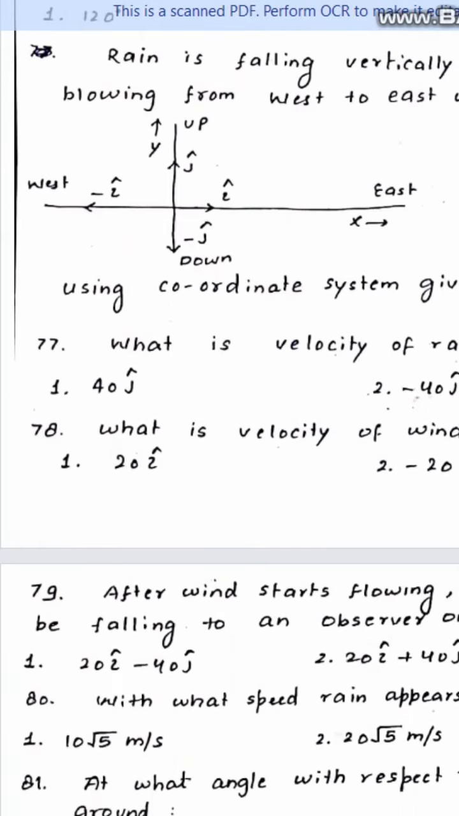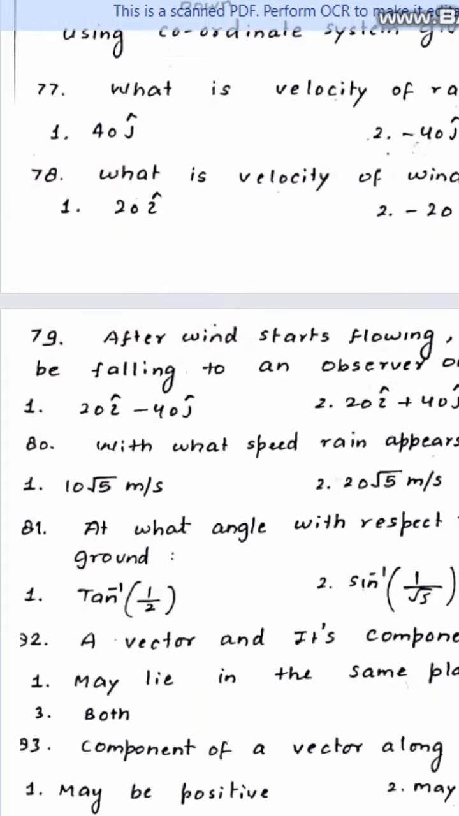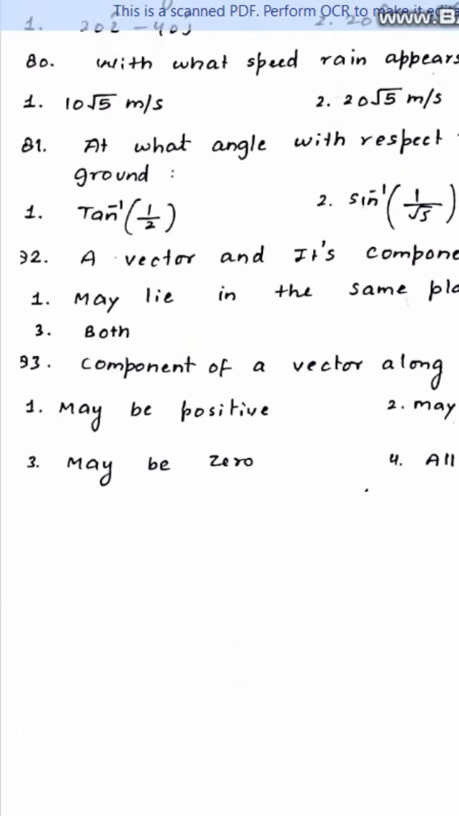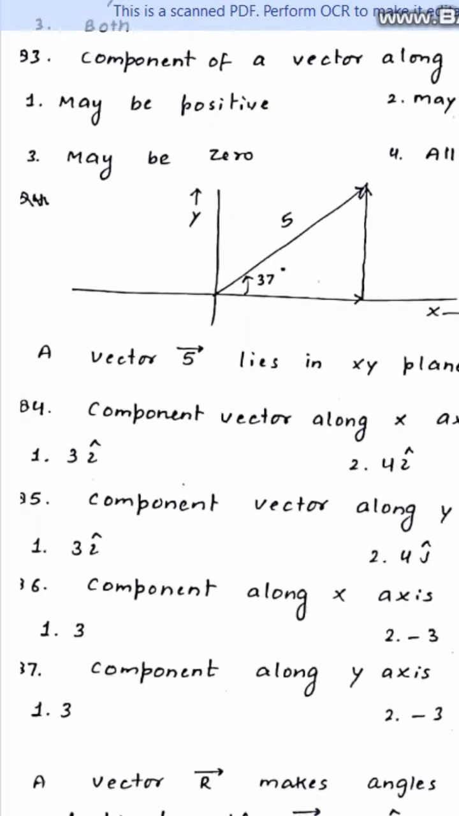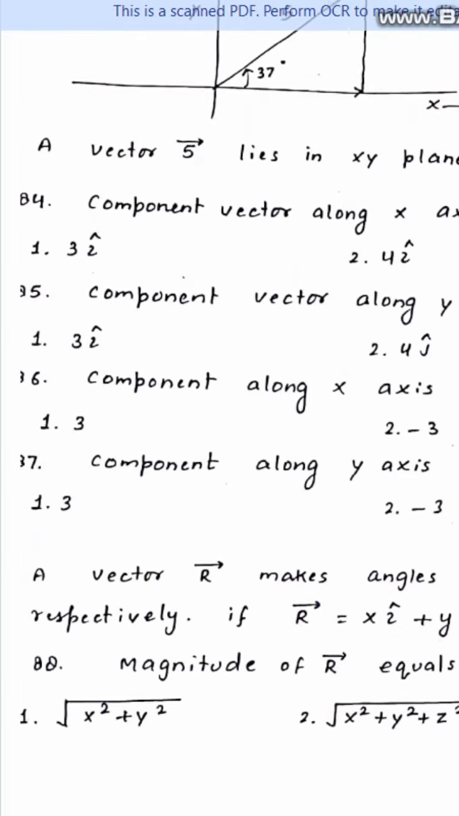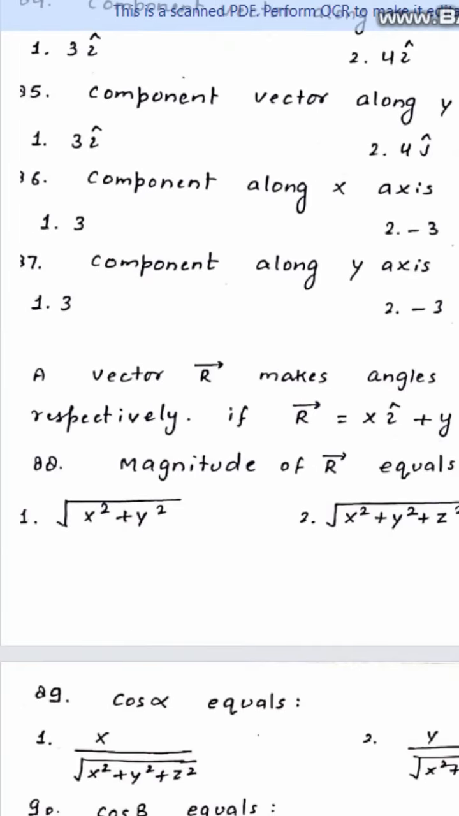Then we have a problem of rain velocity, the rain problem in vector form. We have to find velocity of rain, velocity of wind, actual velocity. Then we have speed of rain, then we have angle. Then we have components of vectors. Then we have a question based on a given vector having magnitude 5. We need to find its component along x-axis, then along y-axis, then